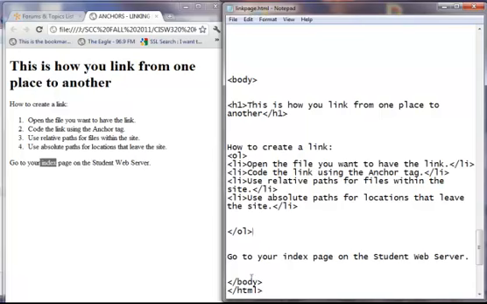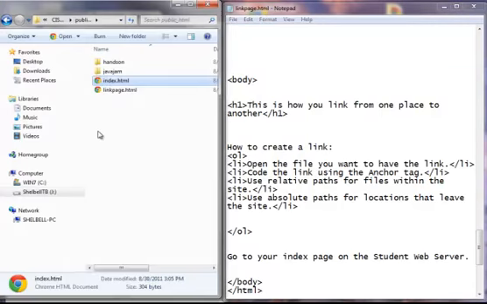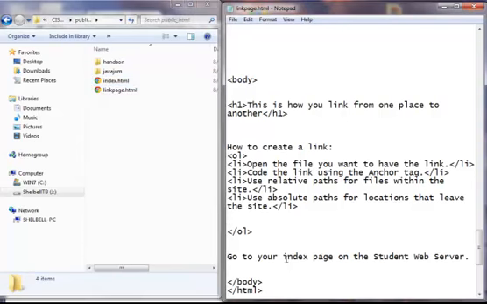It's also important to note that these are in the same directory, so this is going to just be a relative path. All I'm going to do is point from this location to the index location. So I want to start my anchor tag,